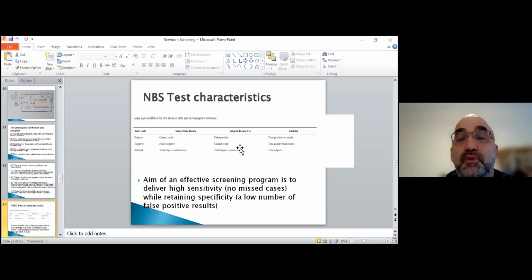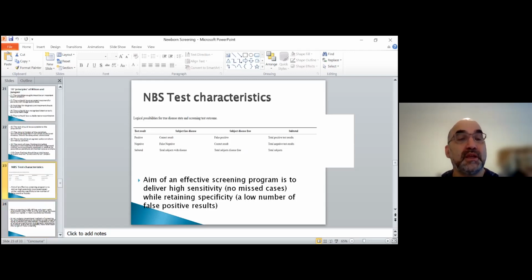Specificity also is important. You don't want to escalate babies that don't have the disease and the test just says positive. But it is not as important. So a bit of it is tolerated and you cannot avoid it. Any test you do, you have to balance the specificity and the sensitivity. But for newborn screening, you go for sensitivity more than specificity. But if you can have both of them very, very high, that's obviously a good thing to have.